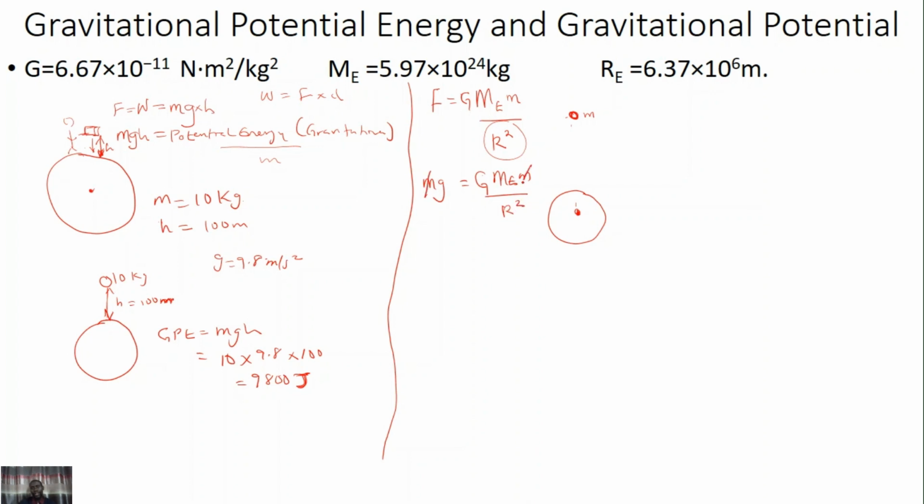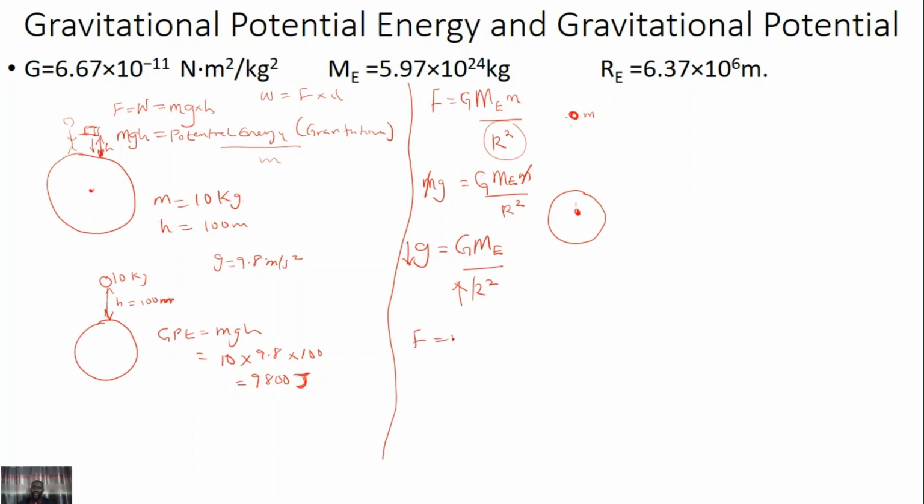And we say this mass cancels this mass, and therefore acceleration due to gravity is equal to gravitational constant times mass of the earth divided by r squared. And I said in that video that as this r increases, the g, acceleration due to gravity, decreases, and therefore